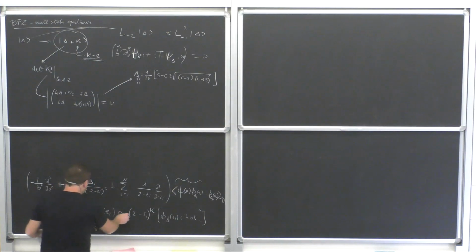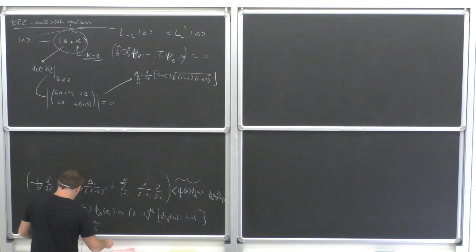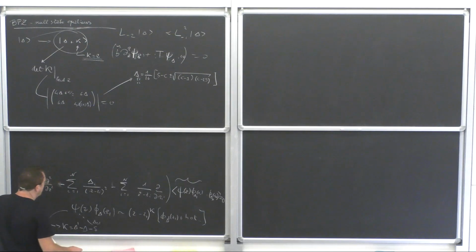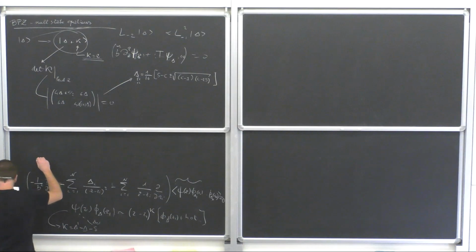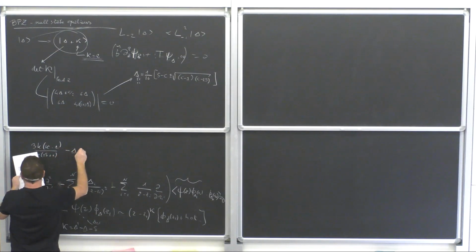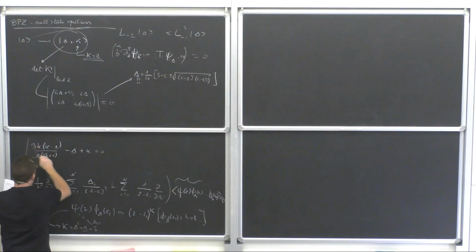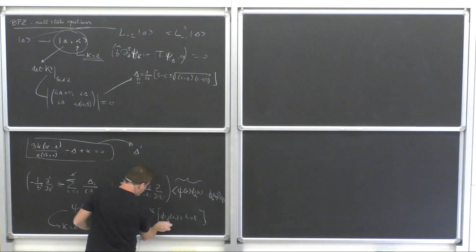Okay, so now you throw this local behavior inside the equation and you discover that the index kappa has to satisfy the consistency condition for this expansion to hold, which is given by the equation 3 kappa minus 1 divided by 2 delta plus 1 minus capital delta plus kappa equal to 0. Okay, and this in the end tells us that delta prime, so the objects which are sitting on the right,